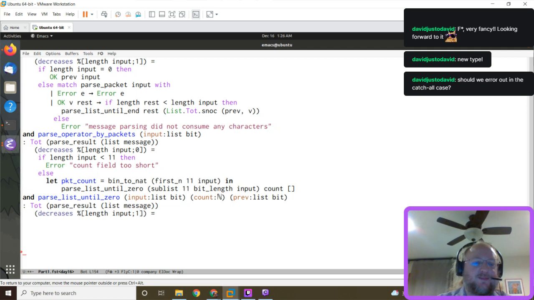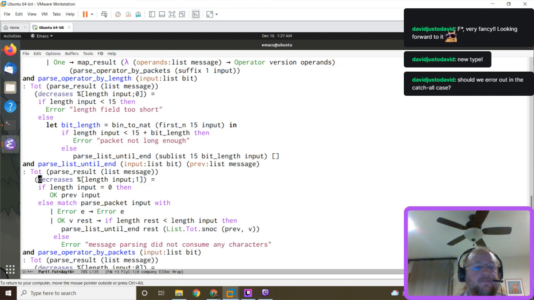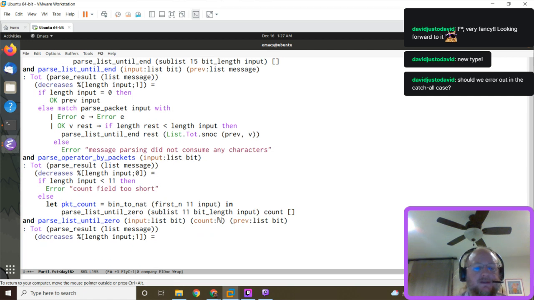We decreased from parse operator by packets to here on the first component, but then when we go from this to the top level again, we're only going to decrease the second component. Okay, so if count is 0, then return the previous,